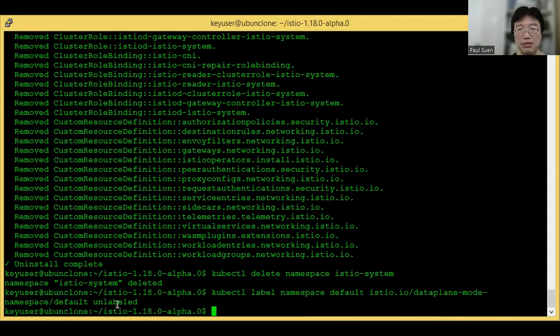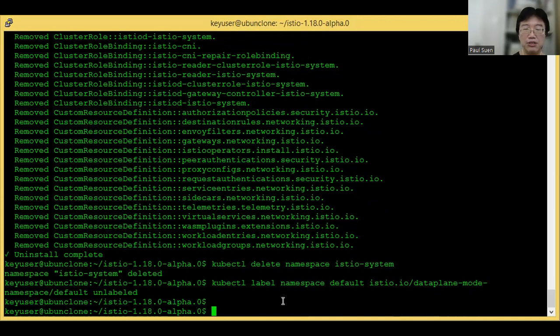The last step is to remove the label that enables the namespace default for ambient mode. So we are done with removal of the Istio control plane. Now we come to cleaning up the Bookinfo app and the sleep pod.